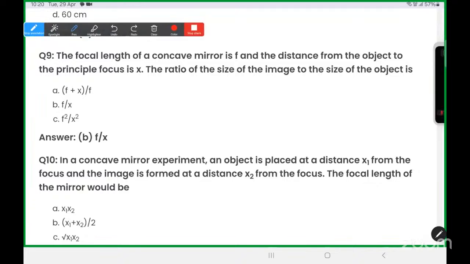नेक्स्ट क्वेश्चन देखो, मिरर के ऊपर है, कॉनकेव मिरर। फोकल लेंथ ऑफ अ कॉनकेव मिरर इज एफ। कॉनकेव मिरर है, इसके लिए फोकल लेंथ को नेगेटिव पुट करना पड़ेगा, तो -f लूंगा मैं। एंड डिस्टेंस फ्रॉम द ऑब्जेक्ट टू द प्रिंसिपल एक्सिस इज एक्स। ऑब्जेक्ट डिस्टेंस बोला है ना, ऑब्जेक्ट डिस्टेंस को -x लेना पड़ेगा। रेशियो ऑफ साइज ऑफ द इमेज टू द साइज ऑफ द ऑब्जेक्ट, एच आई बाय एच ओ पूछा है, एच आई बाय एच ओ की वैल्यू क्या होगी। पहले मैं फॉर्मूला यूज करता हूँ 1/f = 1/v + 1/u।